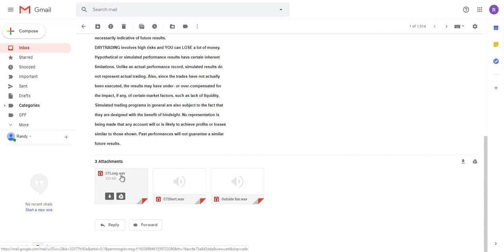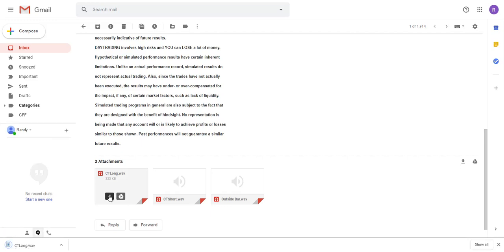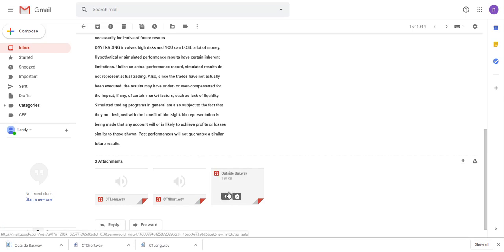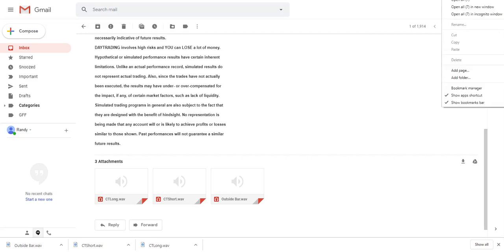So for each one of these files, and this is Gmail, I'm just going to hit download. So there's the CT long. We'll do the same for CT short, and we'll do the same for outside bar. Okay, so I really don't need email anymore. Now those three sound files are in my download folder. So I'm just going to minimize